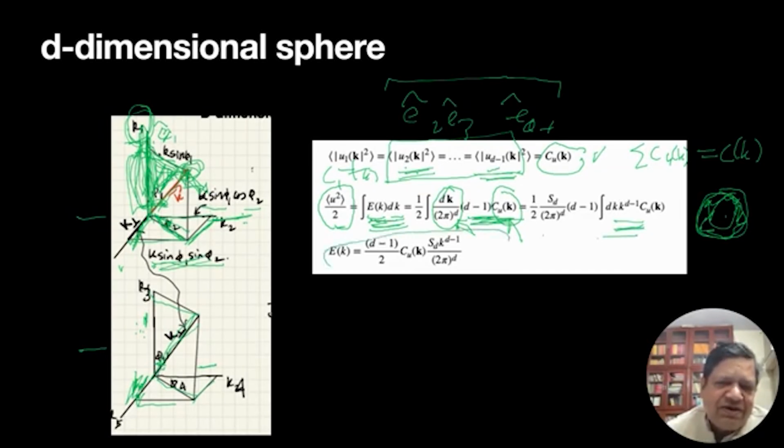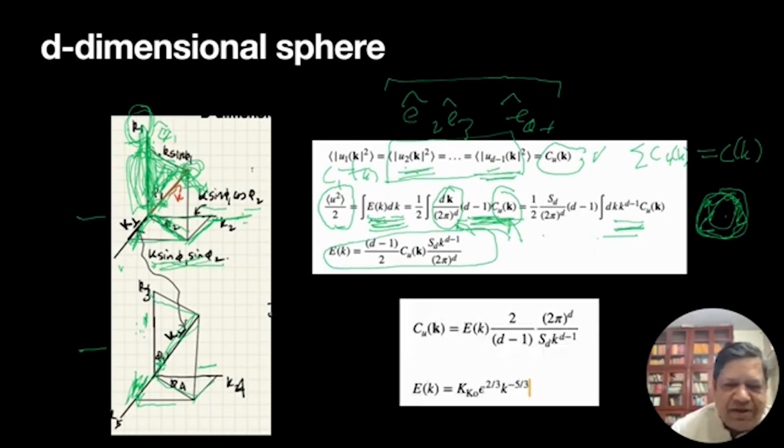The relation between E(k) and C(k) is this. This is useful when I do the field theory. So that's why we have written this equation for reference. Now we can invert this equation to write down C_u(k) in terms of E(k). And please note that for